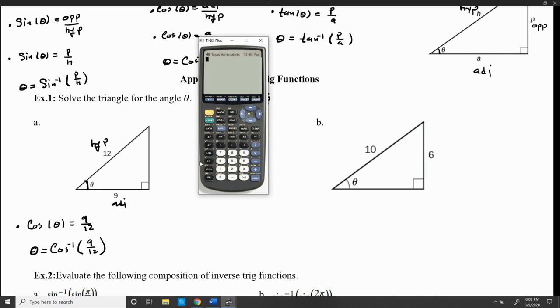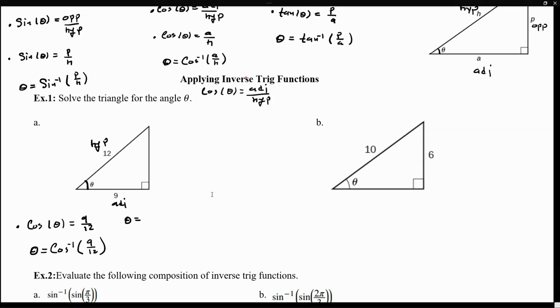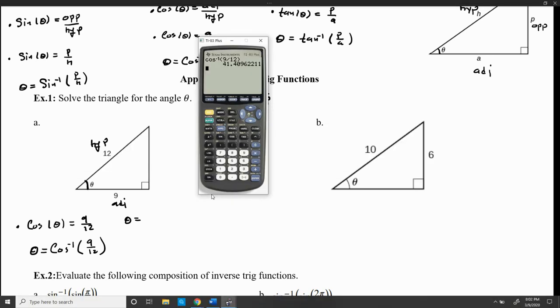So let's just see what this value is. We have second cosine to get the inverse cosine of 9 over 12. So what this is saying is that theta has a value of 41.4